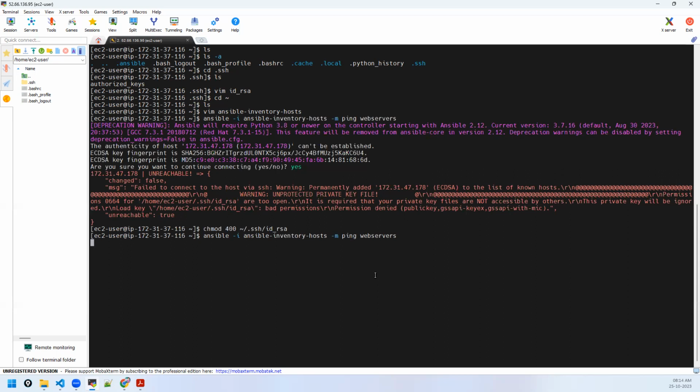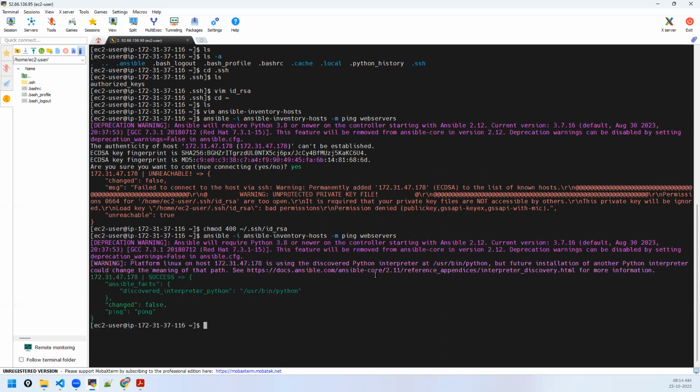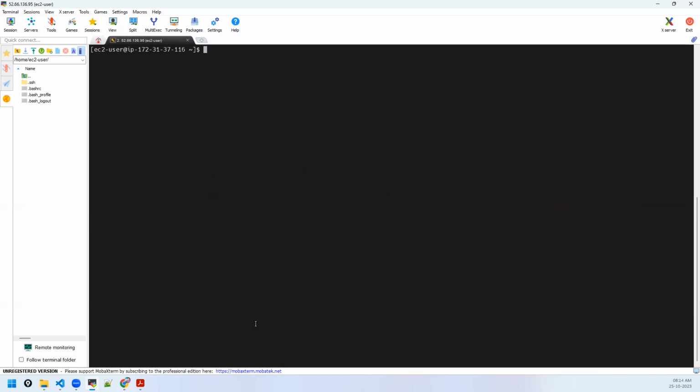Now let's try connecting. Yes. Do you see that only one target under webservers? We have only one target as of now. You may have 10 targets or 100 or 1000. So it is connecting and it is showing the response as pong, which means you are able to connect successfully. That's all. You don't need to do anything on the target.